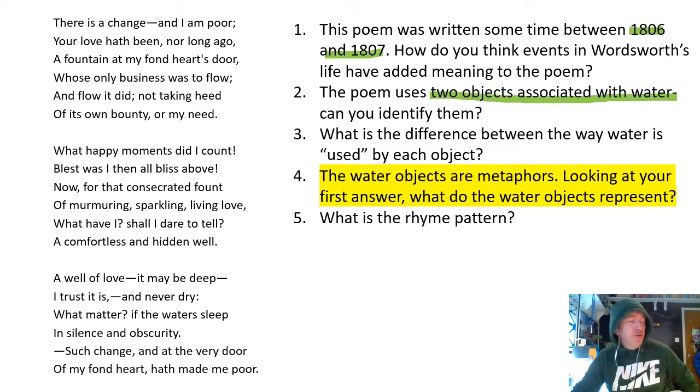Right, moving on to a structural focus now. This should be in blue, I apologise. What is the rhyme pattern? Now, if you remember, when you're describing a rhyme pattern, use letters A, B, C, D, etc. And the way it works is you look at the last word of the first line, which is "pour", and that becomes A. And then if the last word of the second line rhymes with "pour", then that's also an A. But as you can see, it says "ago", so that can't be an A, that becomes a B.